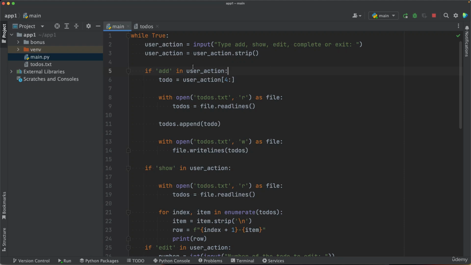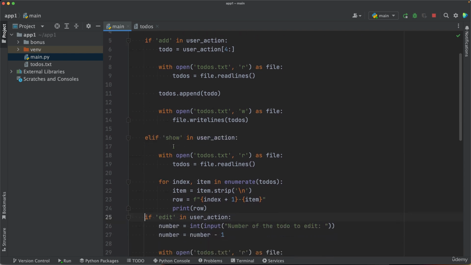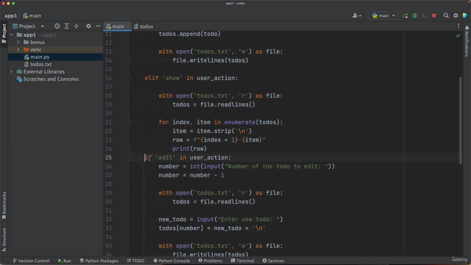Currently our program checks if add is in user action and it executes these lines. But then it also checks if show is in user action in the same user input, which is not necessary. So to optimize our program for speed, we don't want to execute this line. To do that, you simply have to change if to elif and do the same for edit,